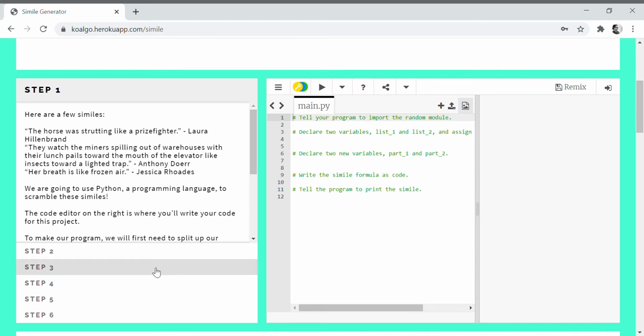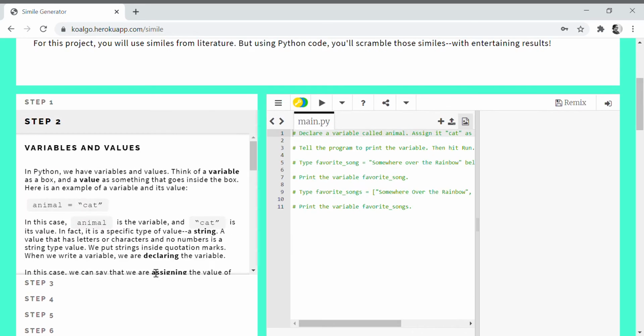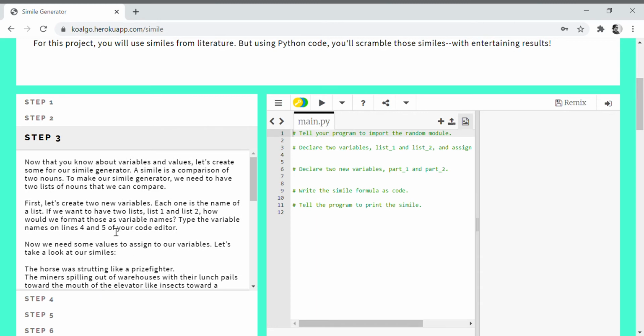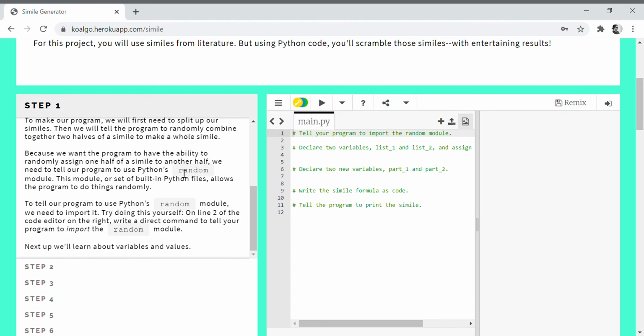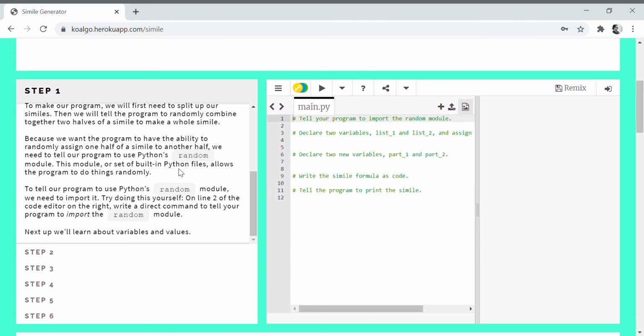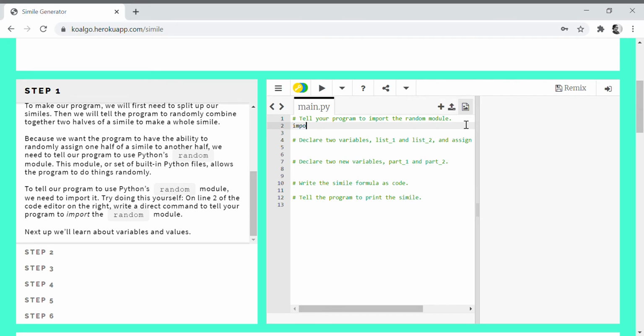And then on the left side here, I have further explanations of each step. So your students are going to come over here to step 1. They're going to read a little bit about similes, and then they're going to read a little bit about the random module. So the first thing that your students are going to need to do is to do something called importing the random module.